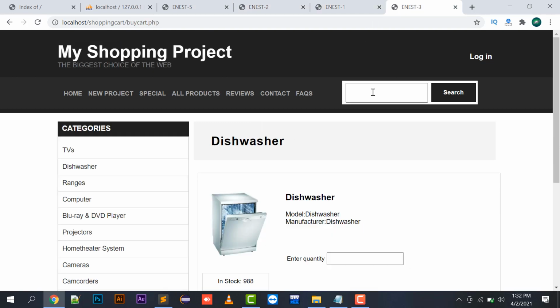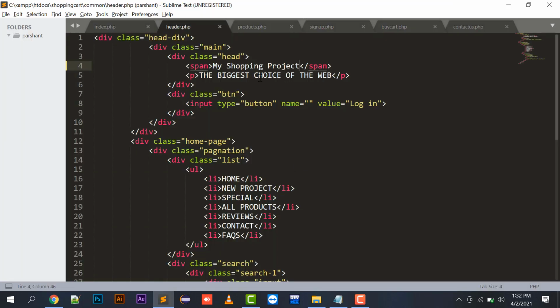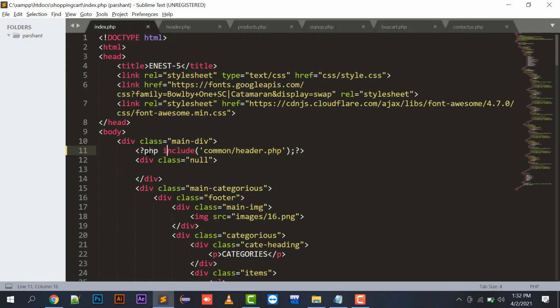So this way you can put your files in common, because instead of updating each and every file, you can put the code in a common file and include that particular file in all the files where it is required, right?